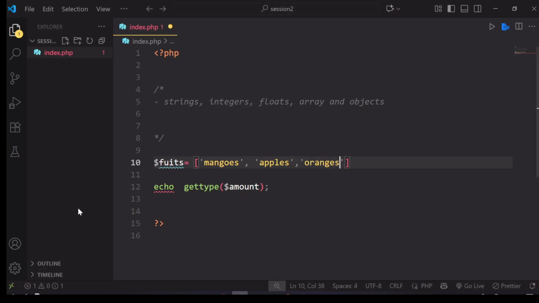Okay, so this is an array because it is a variable with a variable name of fruits, and the values, multiple values, are mangoes, apples, and oranges. One thing I want us to notice is that when we echo gettype of fruits